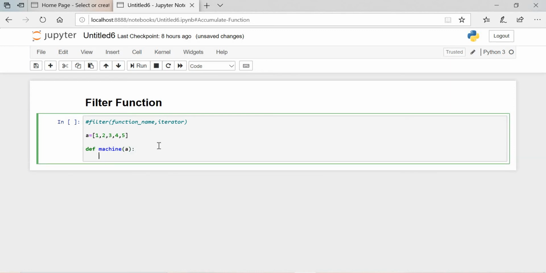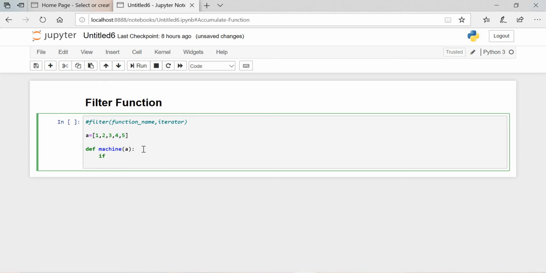Then see, we have created the function name. Okay, the iterator also is here. Now we have to use the filter function. So how will this filter function work, what do we have to do in the list a? See, I want the numbers greater than 3. I want the numbers greater than 3, so I will filter out that one.